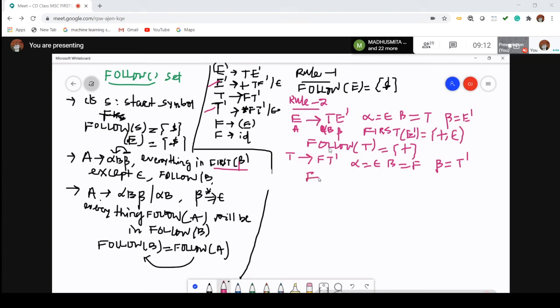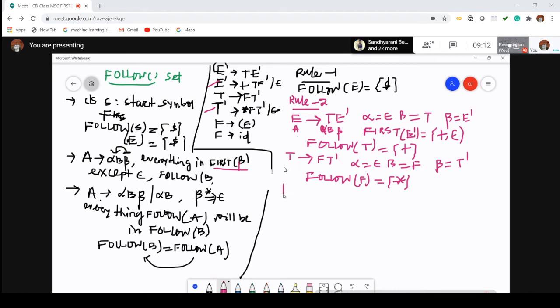Okay, so follow of F, don't go for follow of T; on the left side it is the F, so follow of B equal to, what is first of T dash except epsilon? First of T dash we already calculated: star and epsilon. So I have to remove the epsilon, and now it is only star. So the second production is completed.